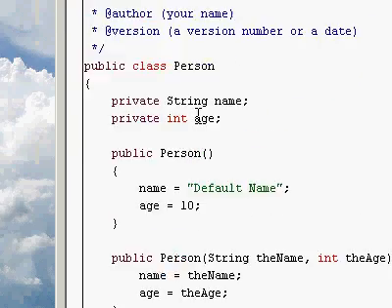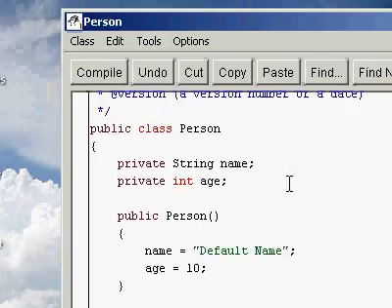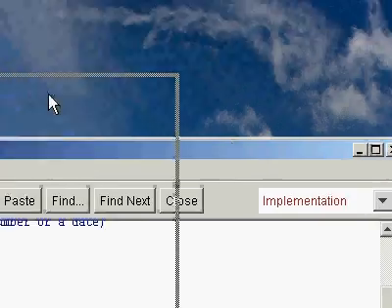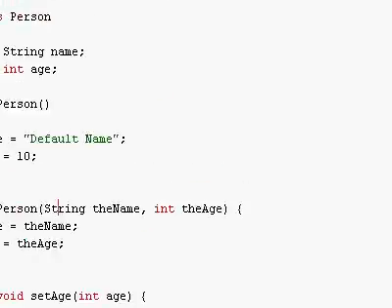So that's the person object. So how do we create this person object? Let's create a new class and call this